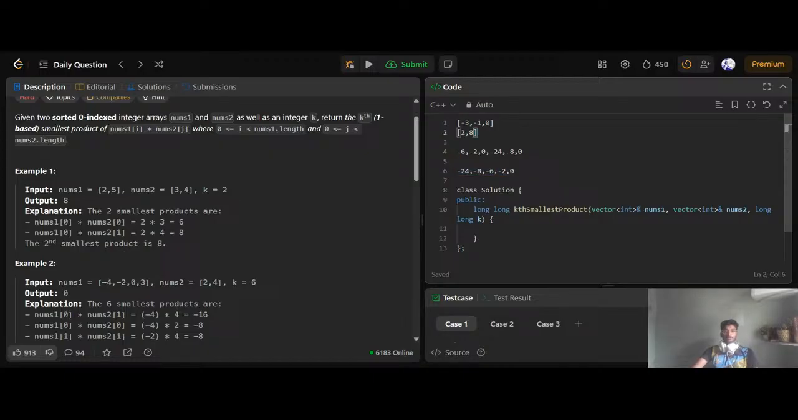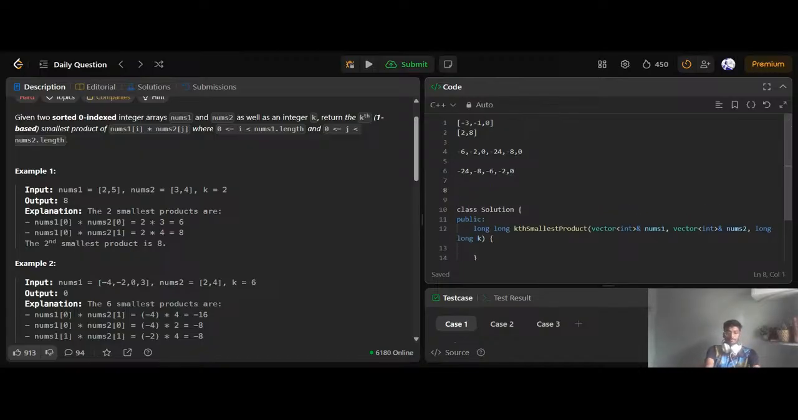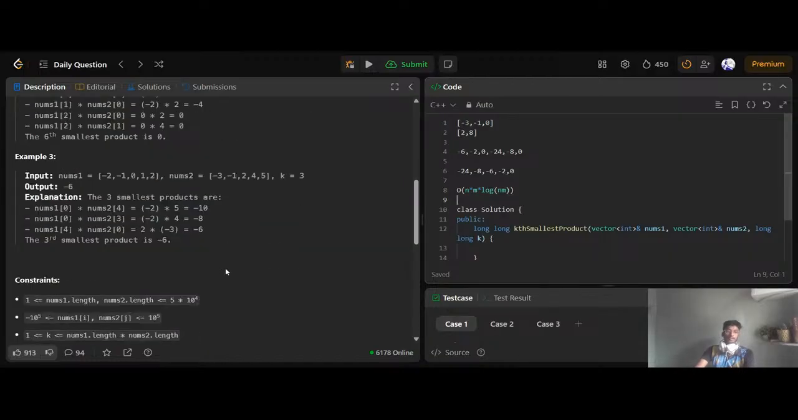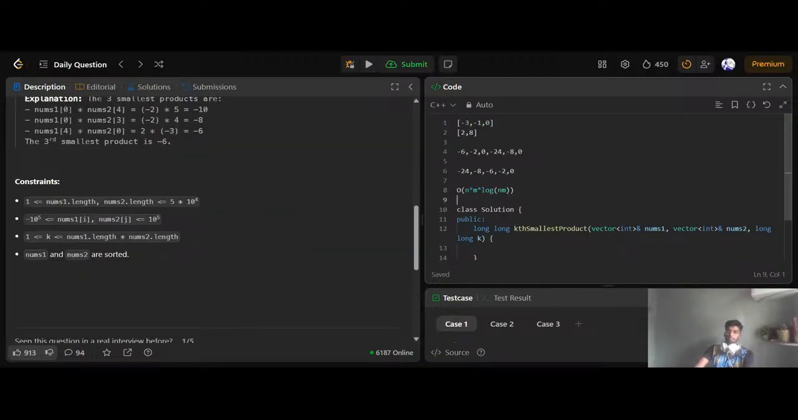So first of all, we have to take the products of both the arrays. So it is going to take big O of n into m, and we also have to sort this array, so it is going to take log of n into m. So the overall time complexity will become big O of n into m into log of n cross m. So yeah, this is going to be our time complexity. And as you can see, the length is like 5 into 10 to the power 4, which is going to exceed our time constraint. Okay,